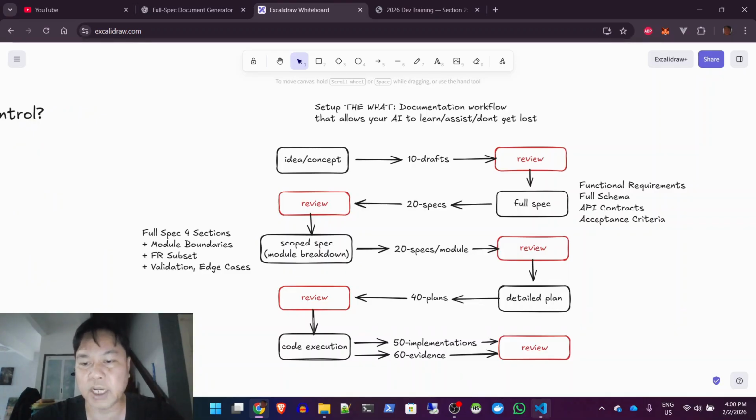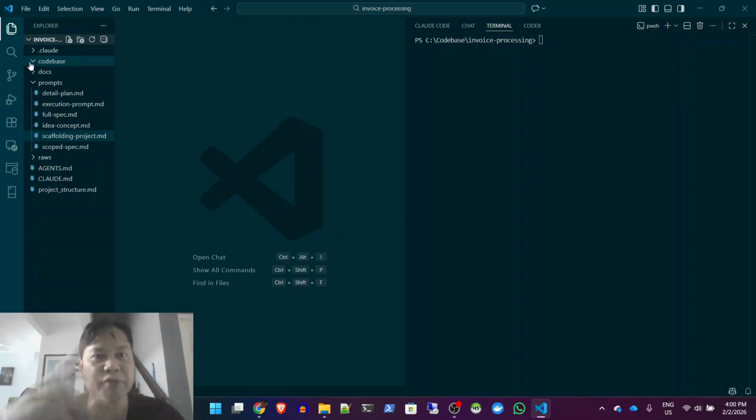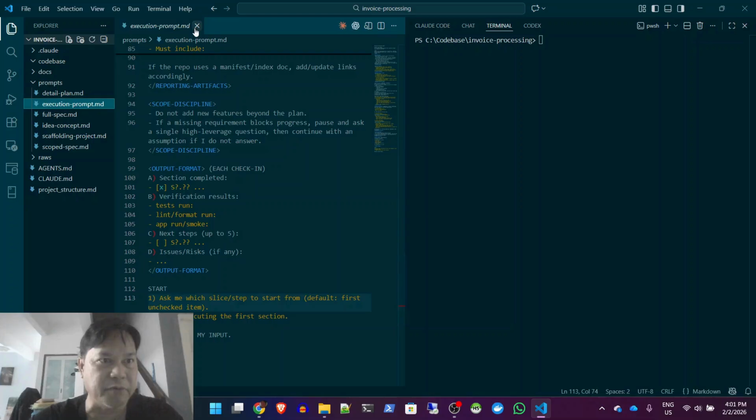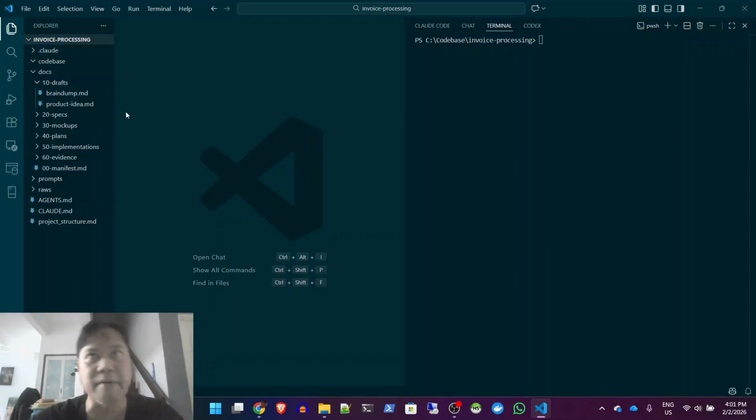Okay, so I have decided to demo one execution of this whole implementation workflow, or more like a development workflow. And I have drafted an app that I want to showcase. Basically, the idea is an invoice, and the app will be able to ingest it, extract the mandatory or